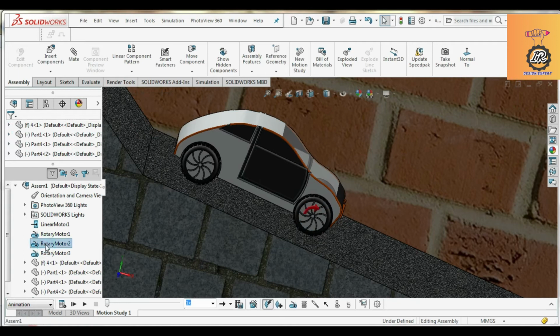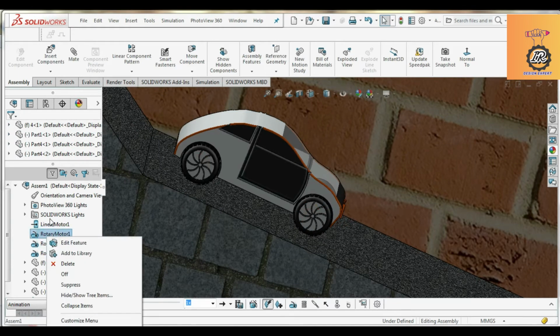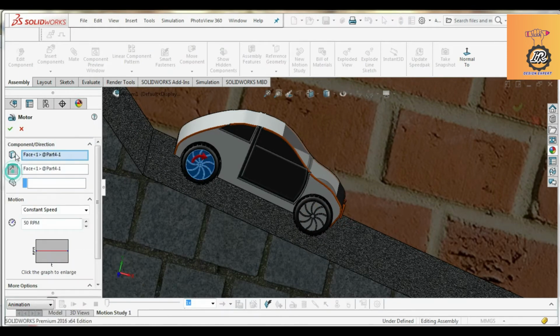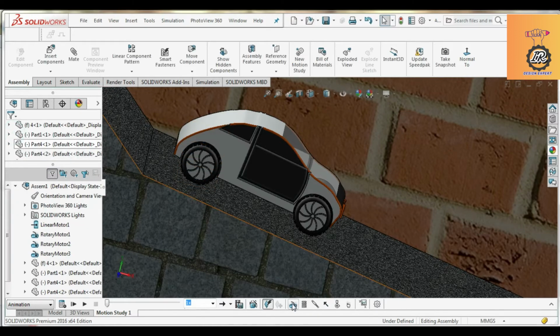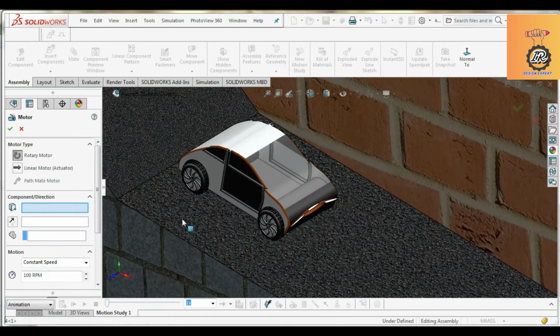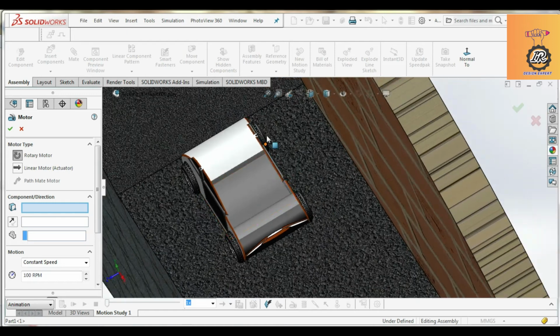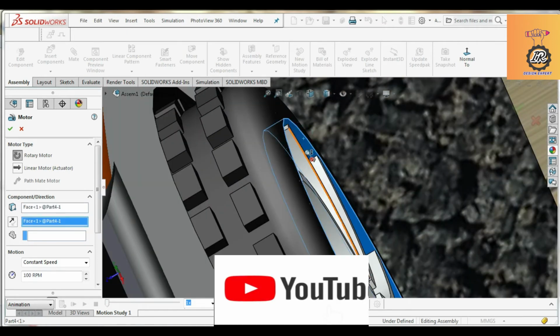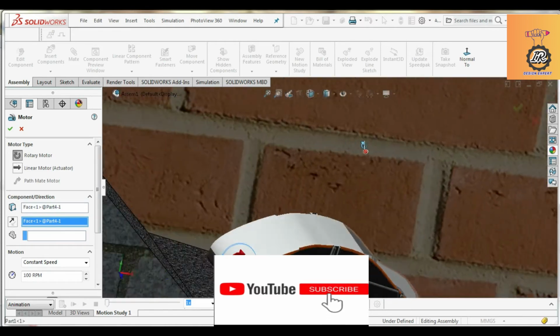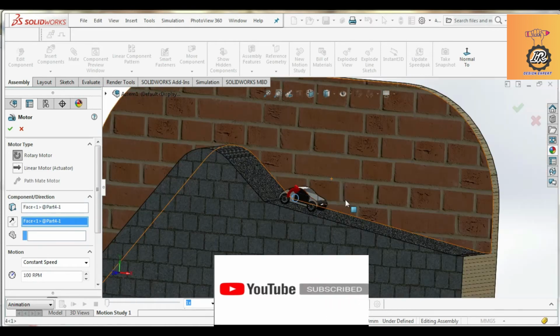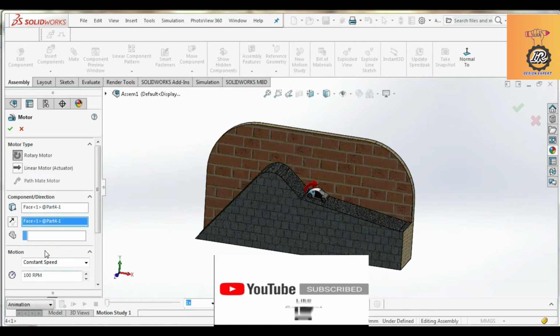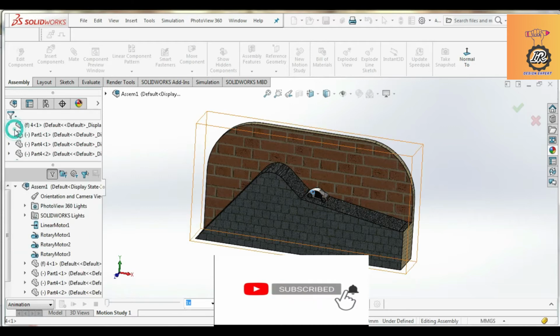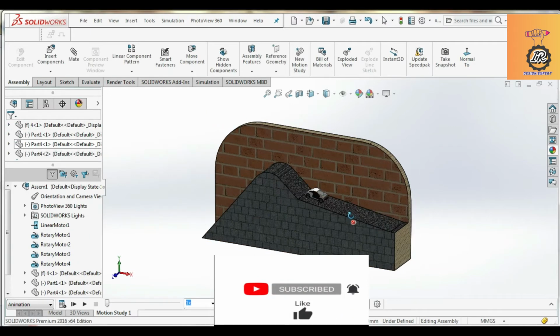Both are in the same direction. This is the opposite direction, so just flip it. Again you can select another surface, another wheel. This RPM is also 50. Okay, now it is completed.